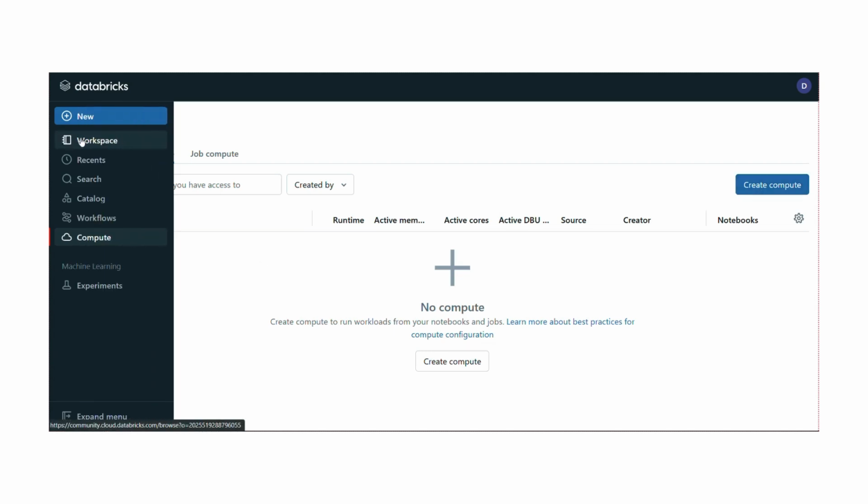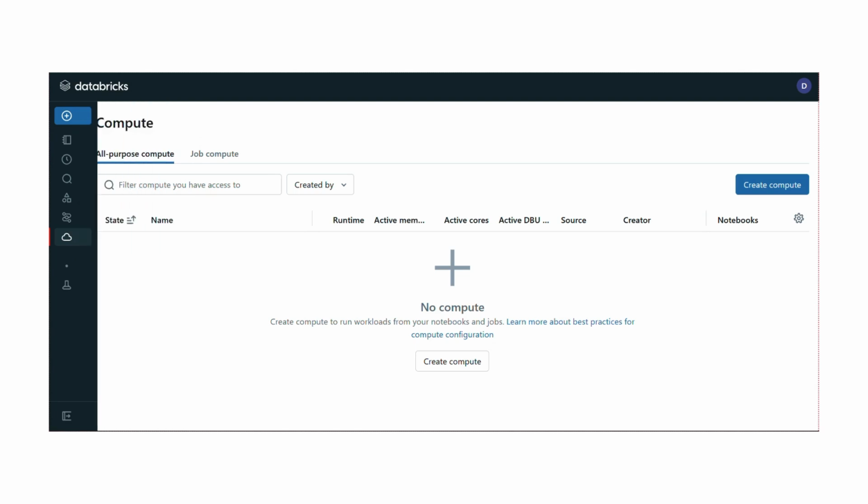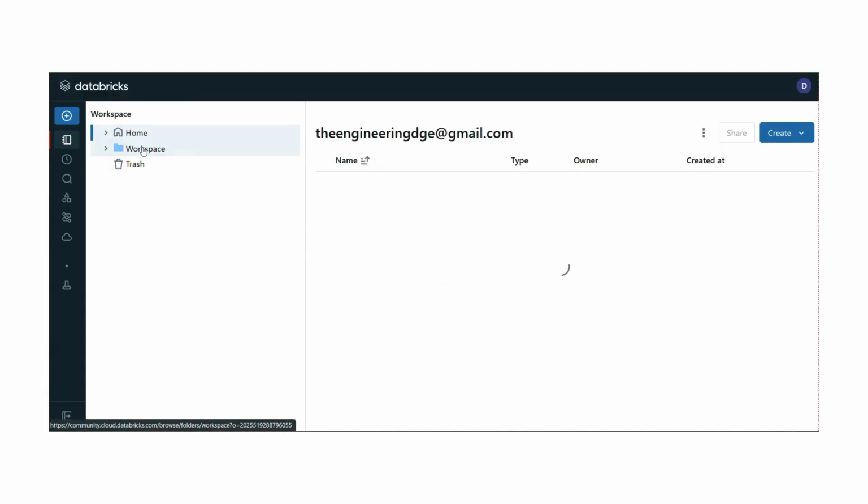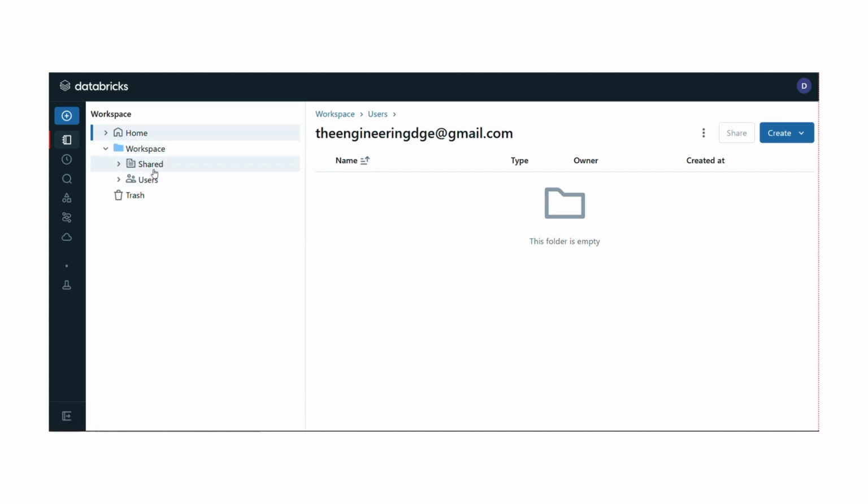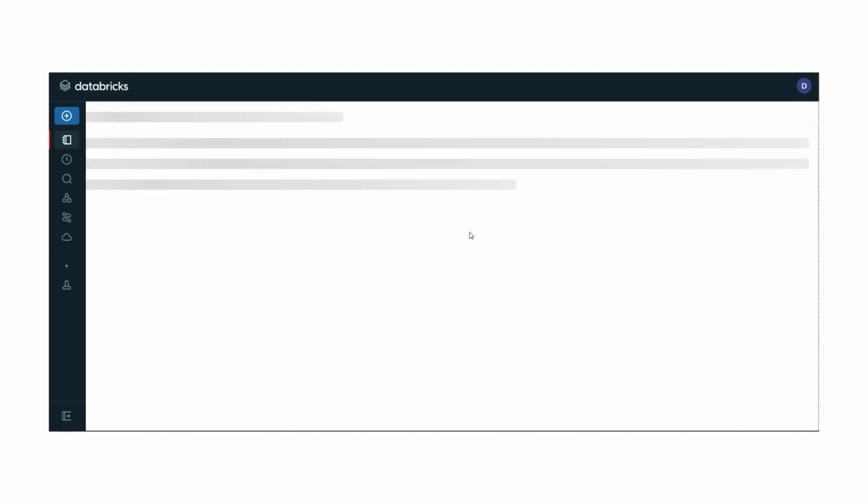you can just go to the workspace. Okay, so I will share this with you as well. So we can go to the workspace. Here we can create a notebook at our required path. Let me create it in the shared location. Okay, to create a notebook, we can just click on create, and here we get the option. If we click on the notebook,